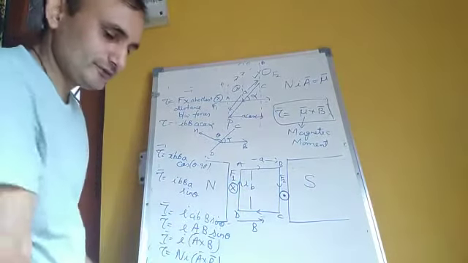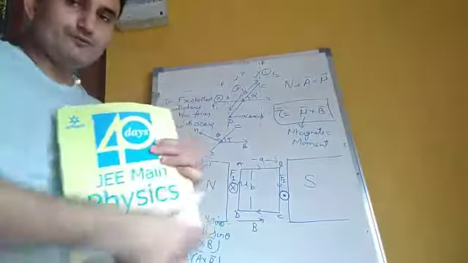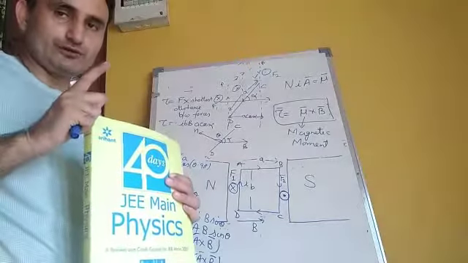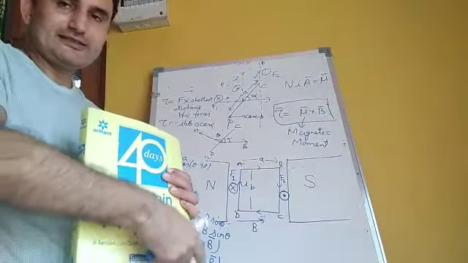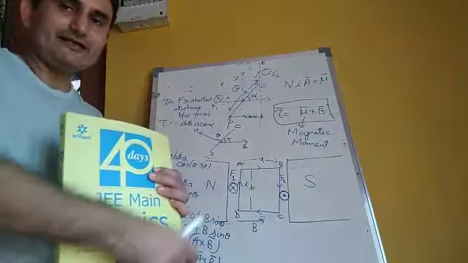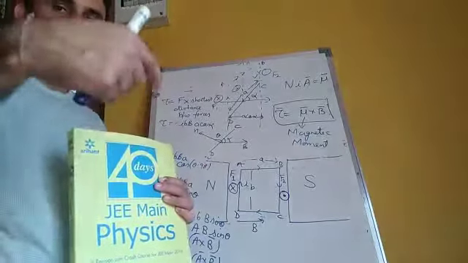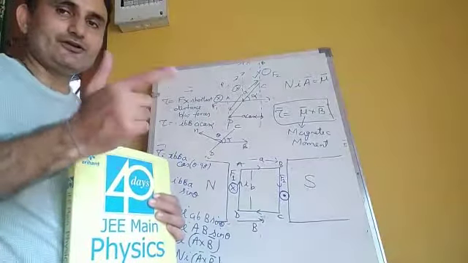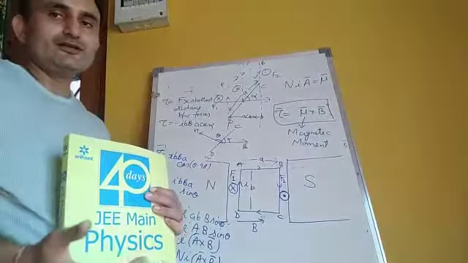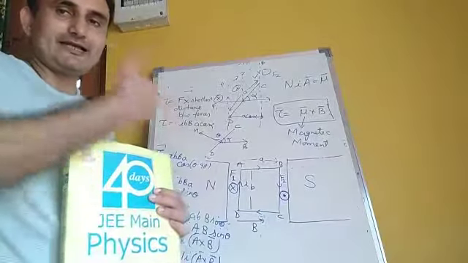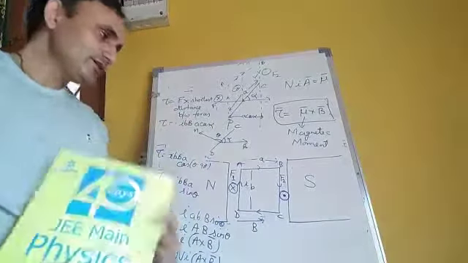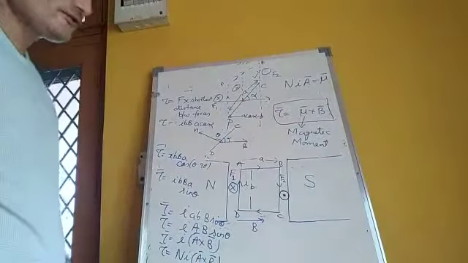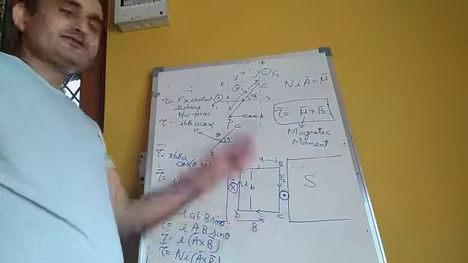So this loop, which has a current, behaves like a magnet with two poles. The direction of its magnetic moment is the direction of its normal vector. It can be inward or it can be outward, depending on the right-hand rule, which is given by the direction of the current in it. So that's it. The torque is mu cross B. I hope all of you understand it. So that's it for now.